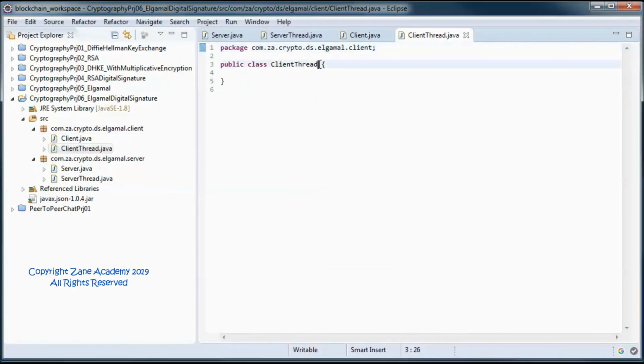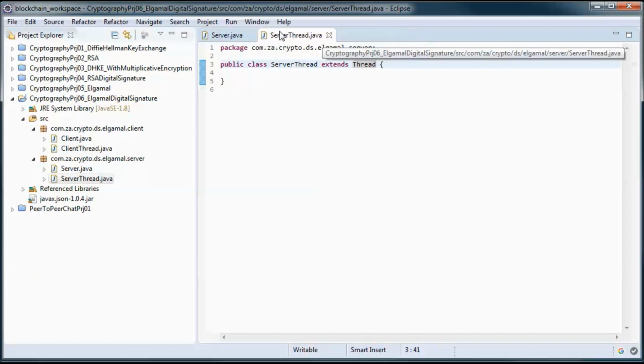And both the client thread and the server thread classes will extend from thread. And we will start with the server side.